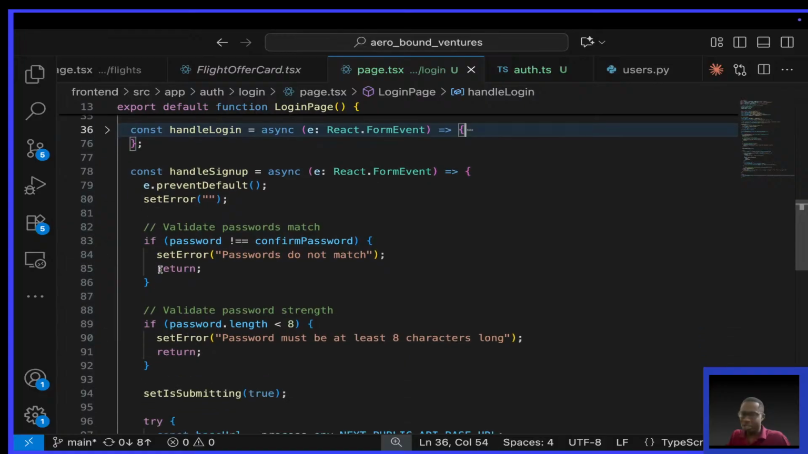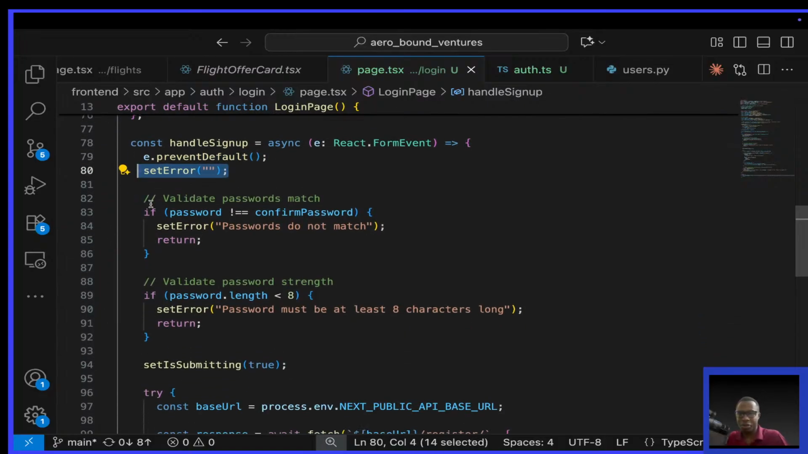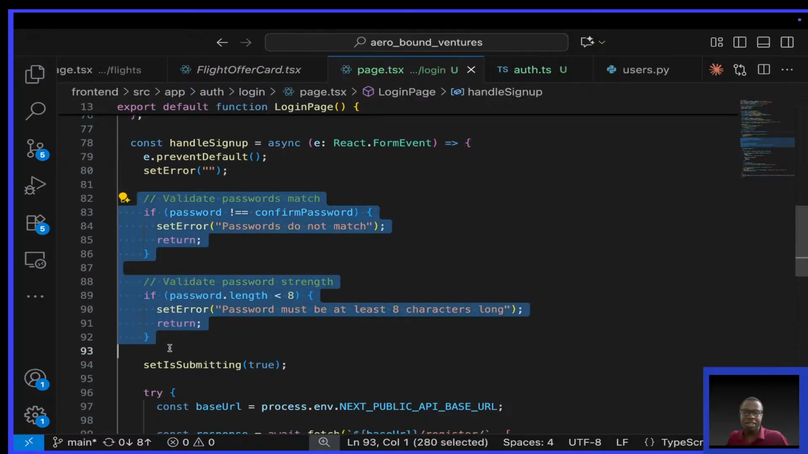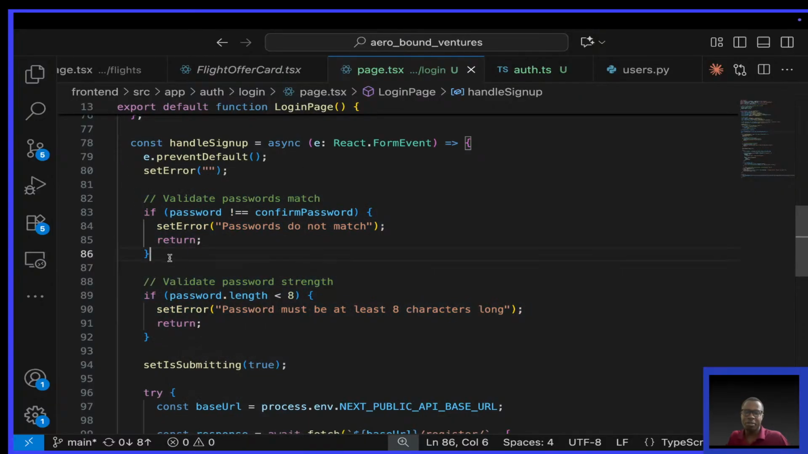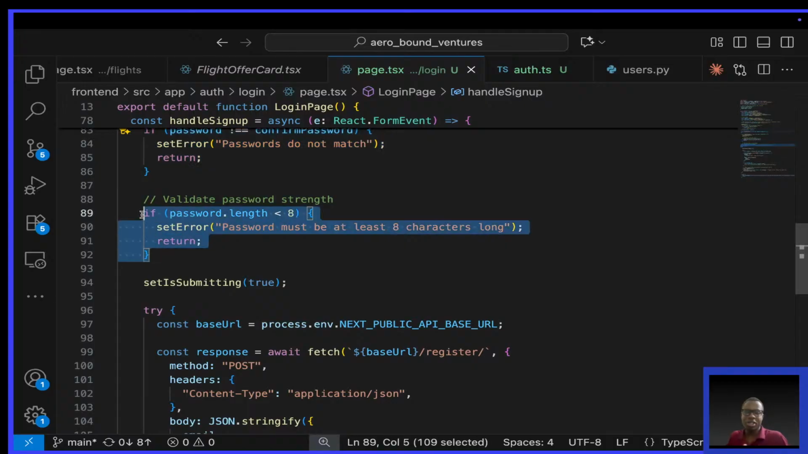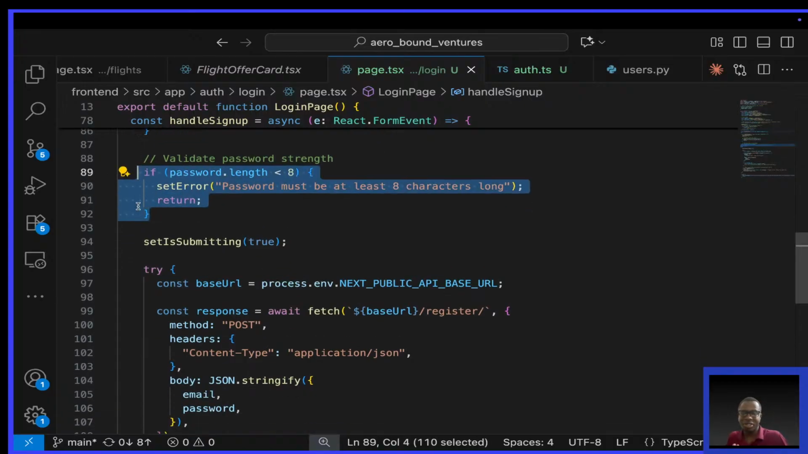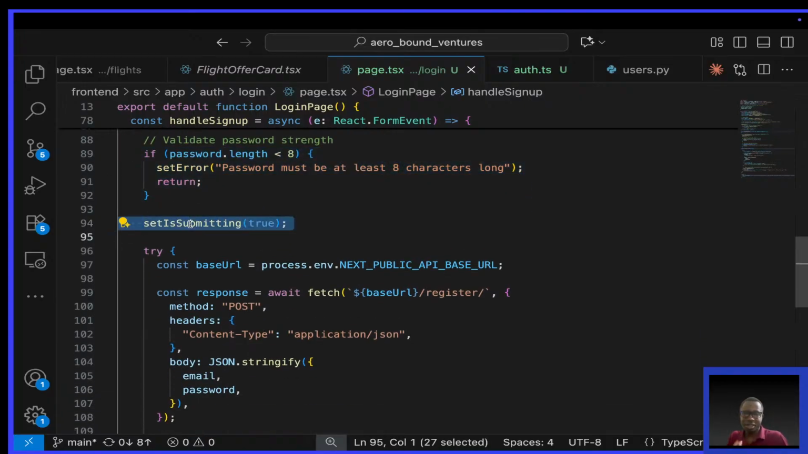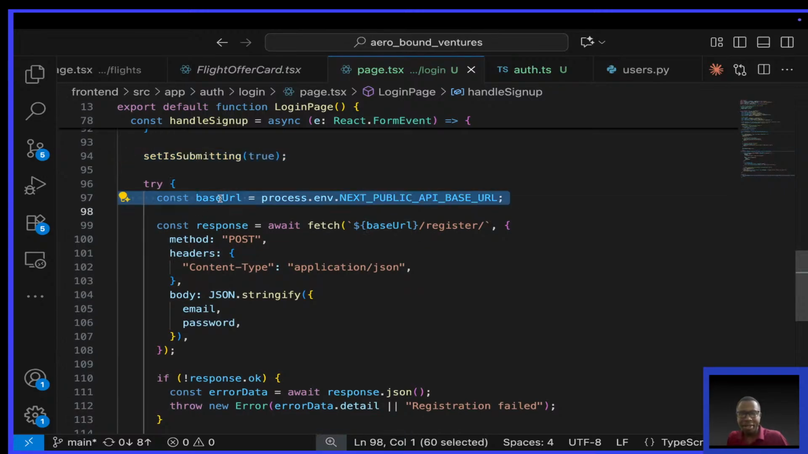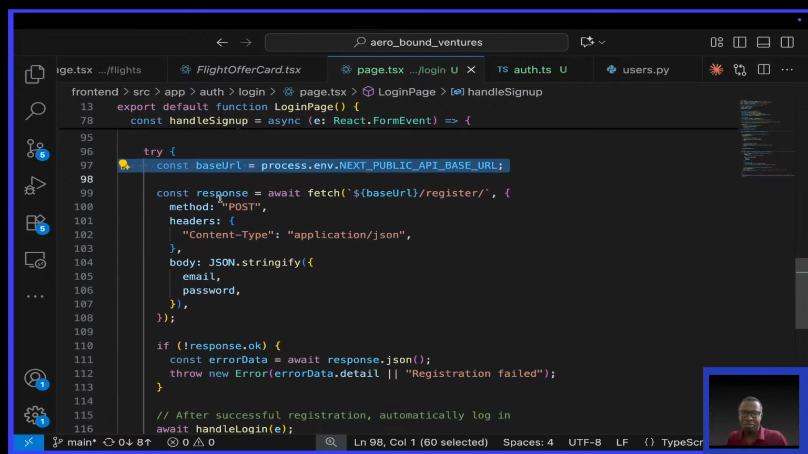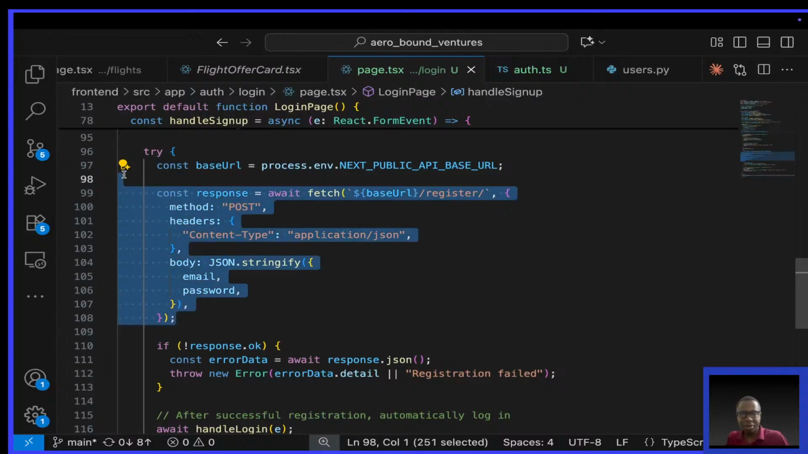Handle sign up, the same thing. Prevent the default action, set the error message to false, then basic validation. Check if the passwords match, check if the password length is less than 8, set submitting to true, pick the base URL from the environment variables, send a request using the fetch API,